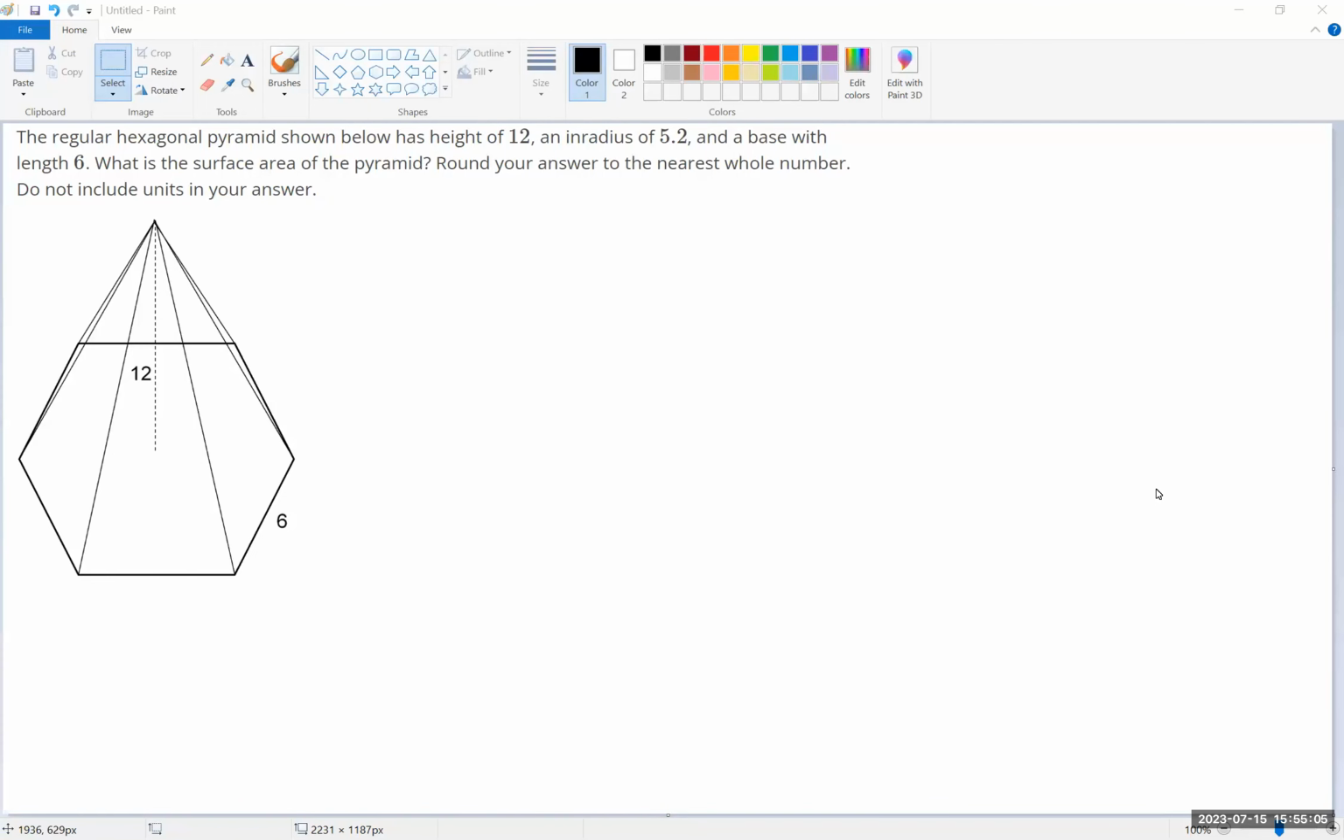All right, this problem says the regular hexagonal pyramid shown below has a height of 16 and an in radius of 5.2 and a base with a length of 6. What is the surface area of the pyramid? Round your answer to the nearest whole number. Okay, so we've got